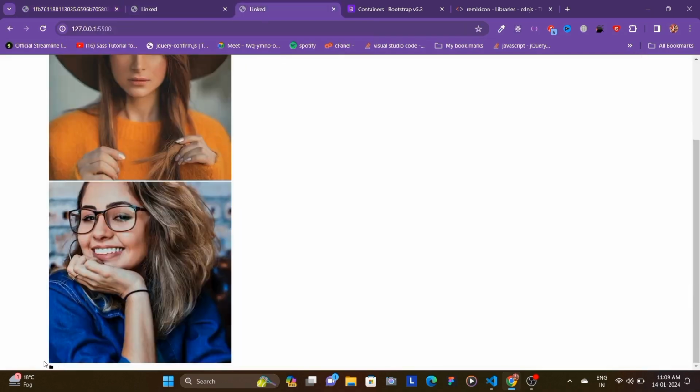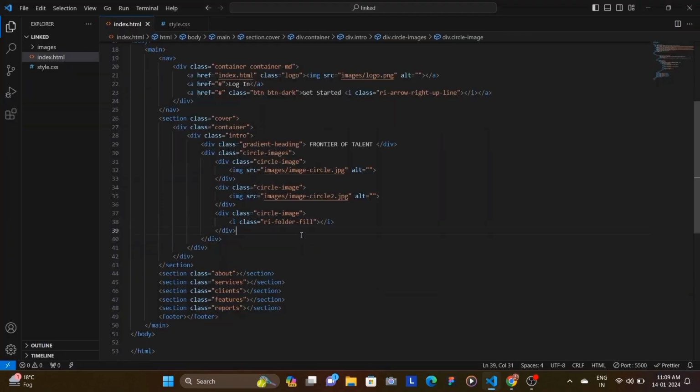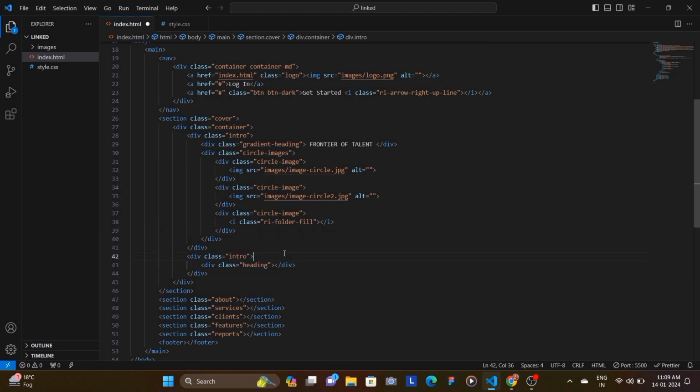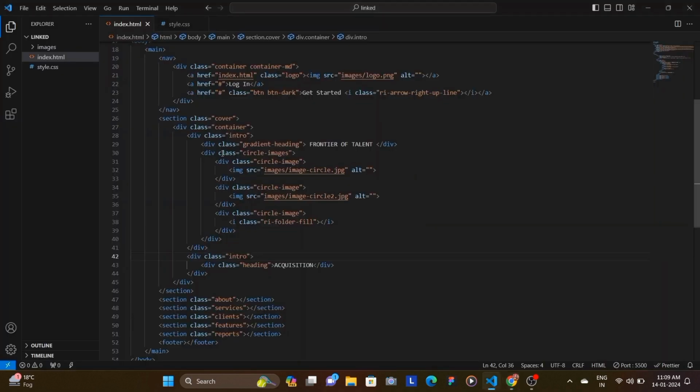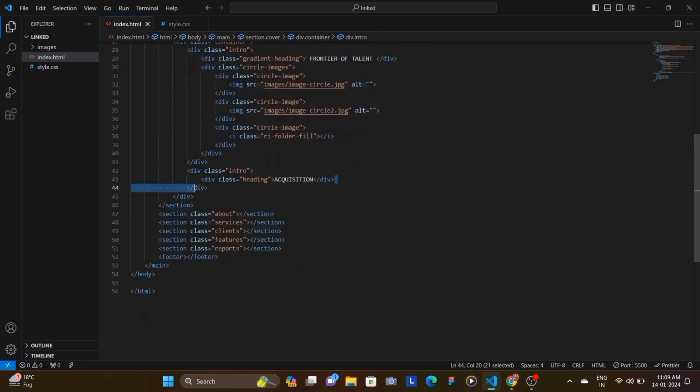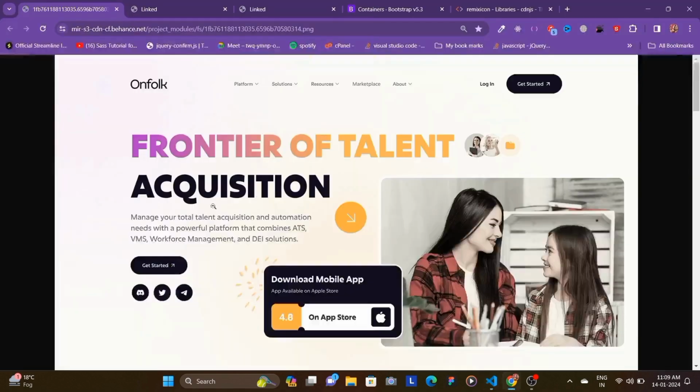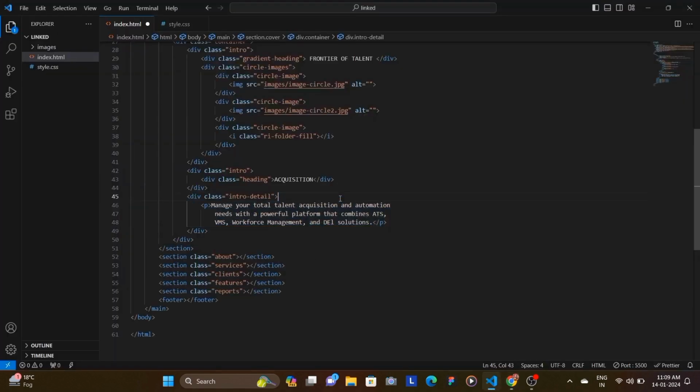So we have this, and then we have another intro wherein we have the heading. Now this heading is this, which says acquisition, and it does not have any gradient. So the gradient one would be the one which we're specifying as gradient heading, and this is the normal black heading. And then we have intro detail wherein we have a paragraph of text,